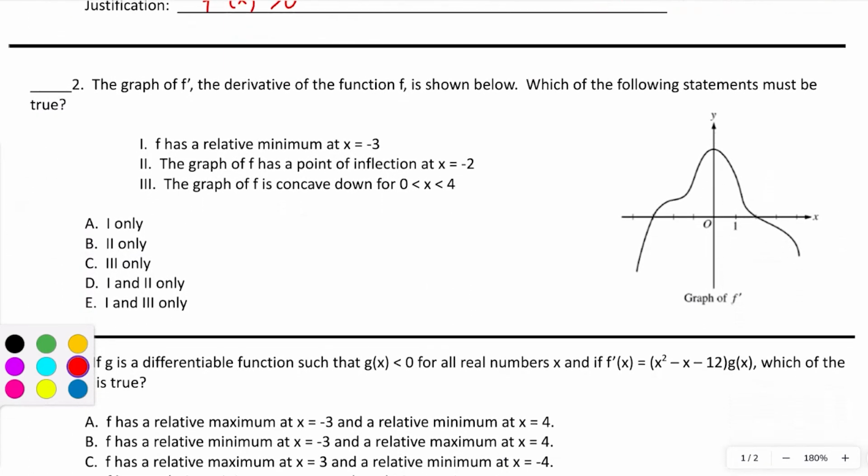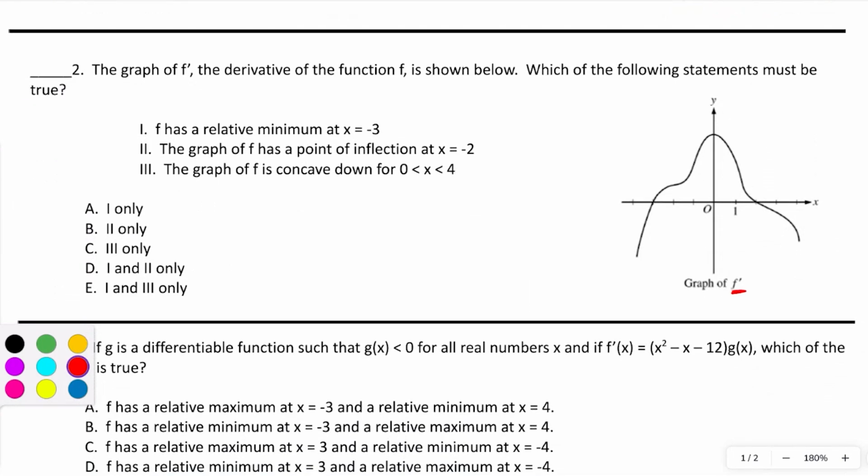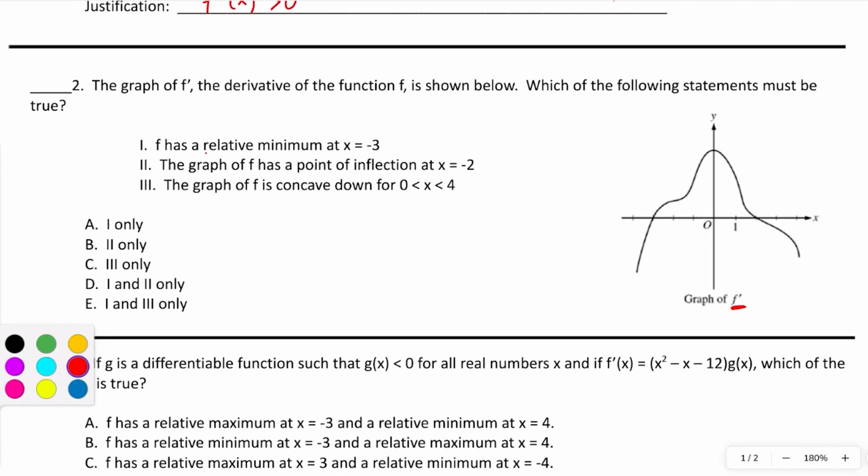Number 2, we have the graph of f prime. Okay, so we really want to make sure that we know which graph we're looking at here. It says, which of the following statements must be true? Well, the first one says f has a relative minimum at x equals negative 3. So there's two ways to check this. Okay, if we use the first derivative test, what we're going to look for is a sign change of f prime. So f prime goes from,